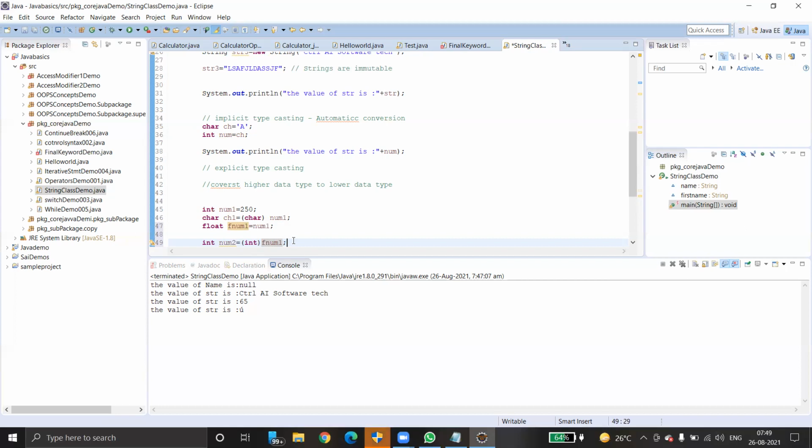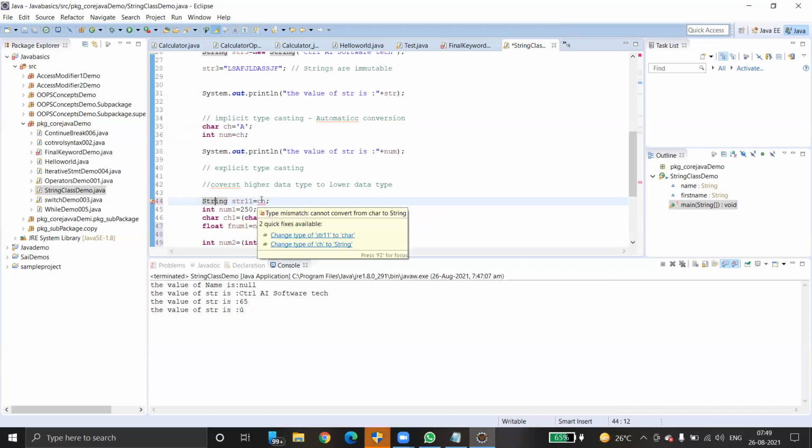What about string? Is that clear? How can we use this with string? Character ch equals to a. You just want to assign some string, because string is an object, right? So str1 equals to ch. See, it does not allow. First of all, str1 is already there, so I will use str11. String str11.